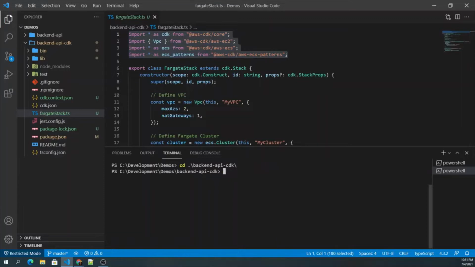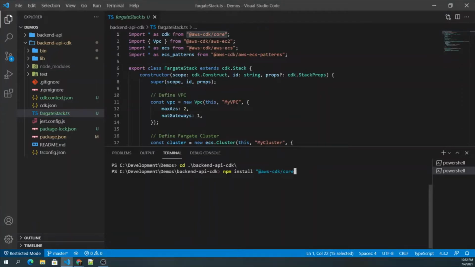and type the command npm install, and you need to specify these packages. So you have to specify it without the quotes.